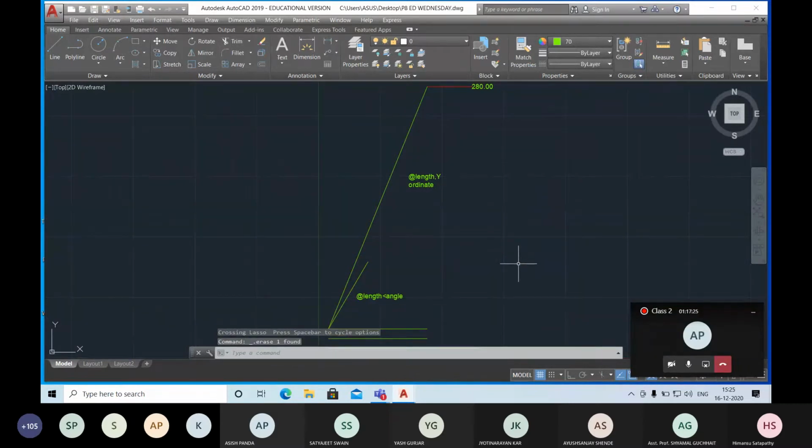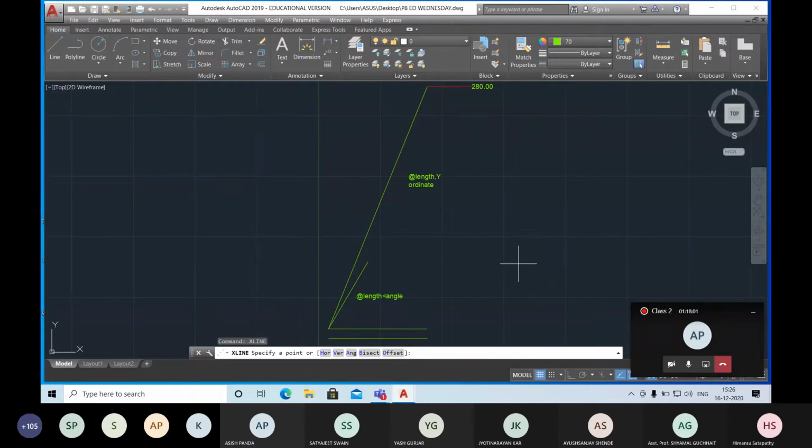Then the third command is X line. Command is X line, construction line. This command is used for the reference lines only. If you want to start a drawing, because the workspace is very big and it's covering a very large area, if you want to draw some reference line, onto the reference line you can draw anything. Like if you go for a survey, a city survey, then you need your longitude or latitude to mention the reference line. So you can first draw an X line for that longitude or latitude, and from the reference line you can draw anything.